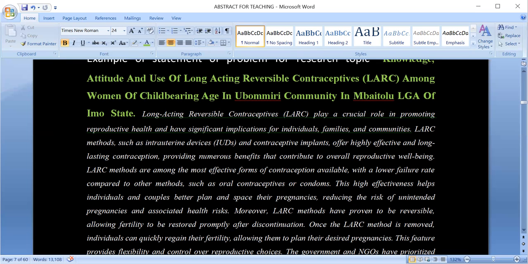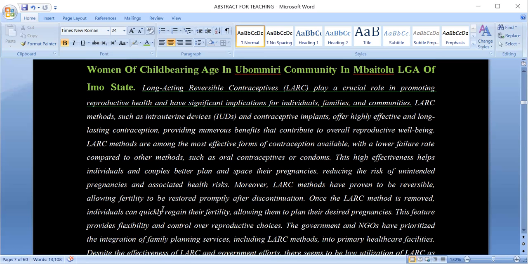Moreover, LAC methods have proven to be reversible, allowing fertility to be restored promptly after discontinuation. Once the LAC method is removed, individuals can quickly regain their fertility, allowing them to plan their desired pregnancies. This feature provides flexibility and control over reproductive choices. The government and NGOs have prioritized the integration of family planning services, including LAC methods, into primary healthcare facilities, and